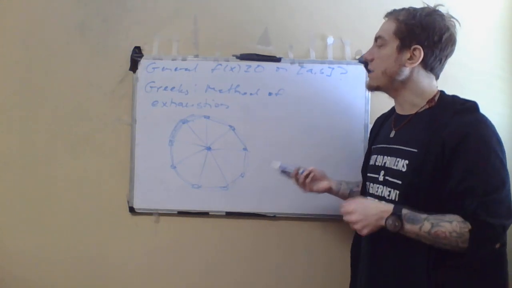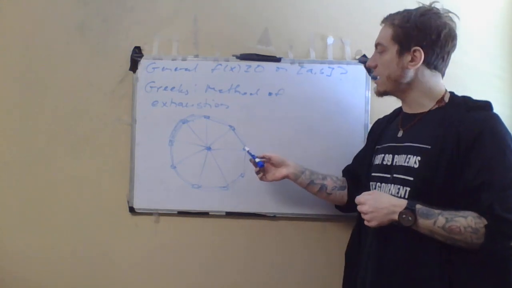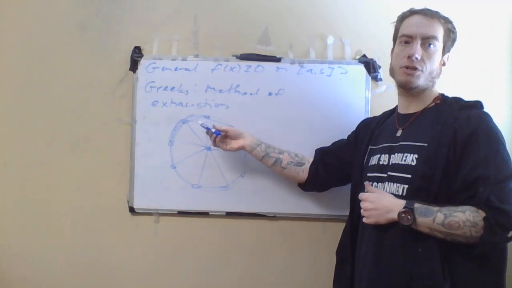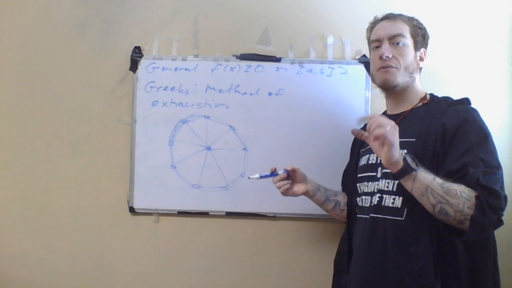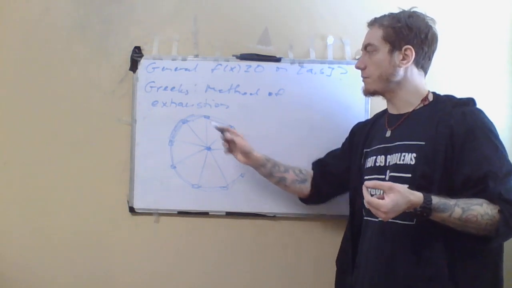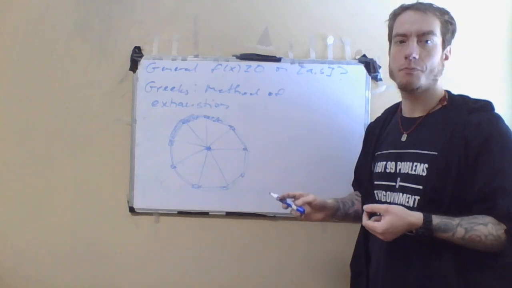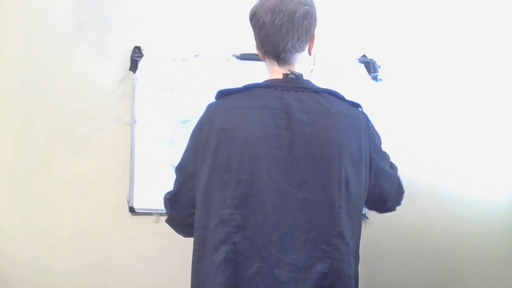And then what they noticed is that if you calculate the area of the polygon, you'll get something that's reasonably close to the circle, at least if you have a large number of triangles in here. But you are going to be missing these little pieces on the edge. However, as the number of vertices in the polygon